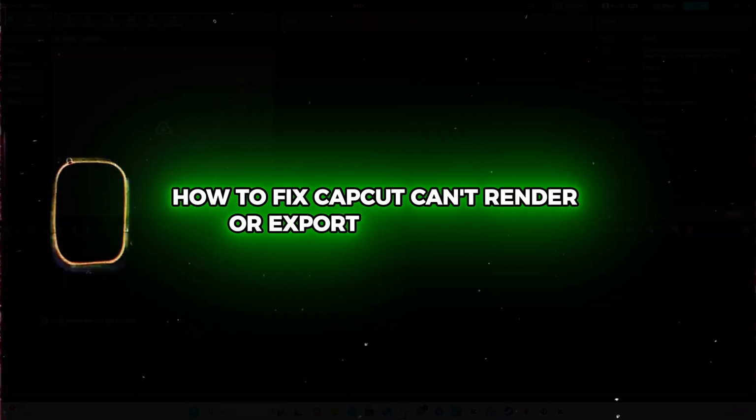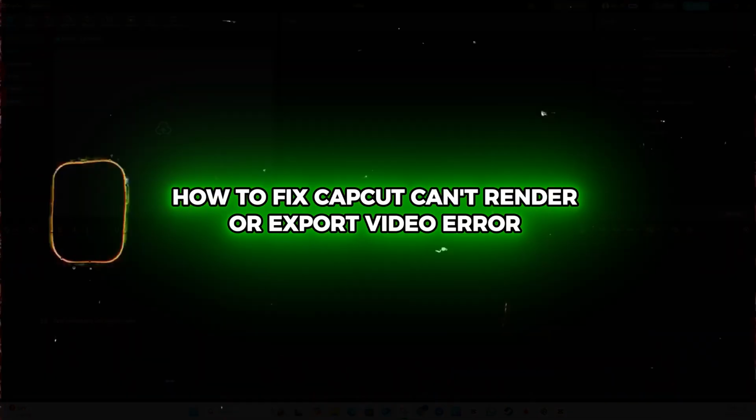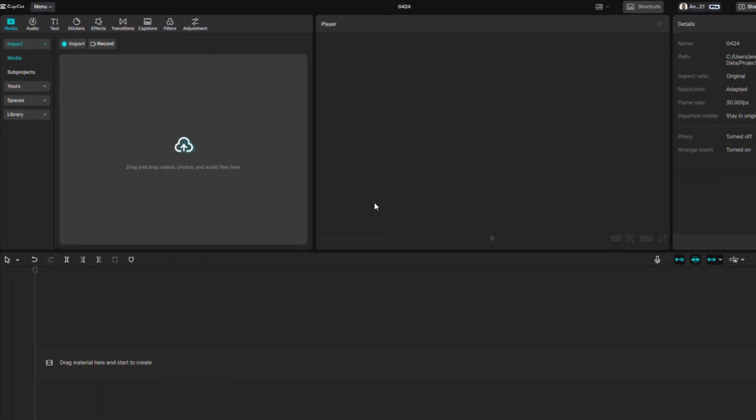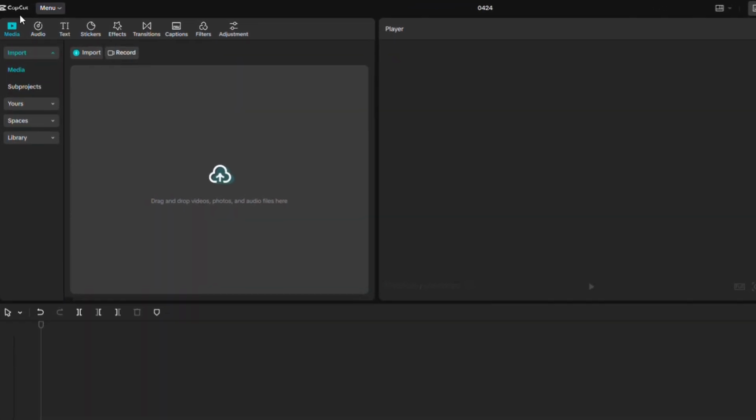I'm going to show you how to fix the CapCut can't render or export your videos error. And this will work if you're currently using a Windows or a Mac PC. It doesn't matter. So once you're inside CapCut, guys, all you have to do is simply go ahead and click